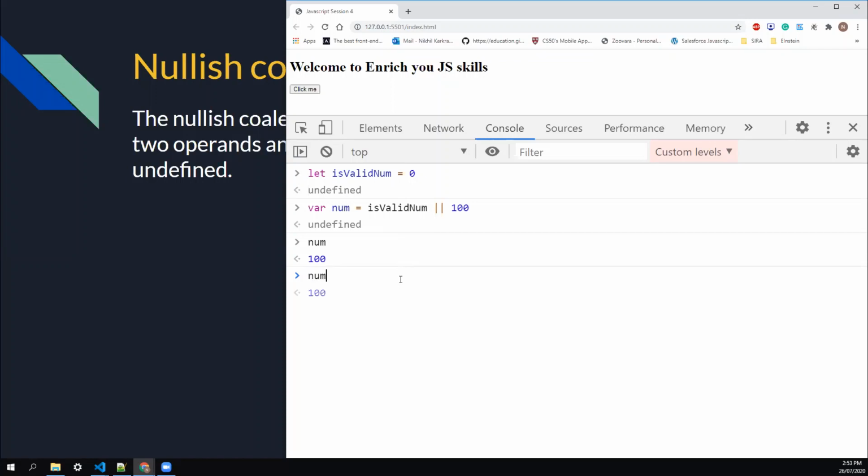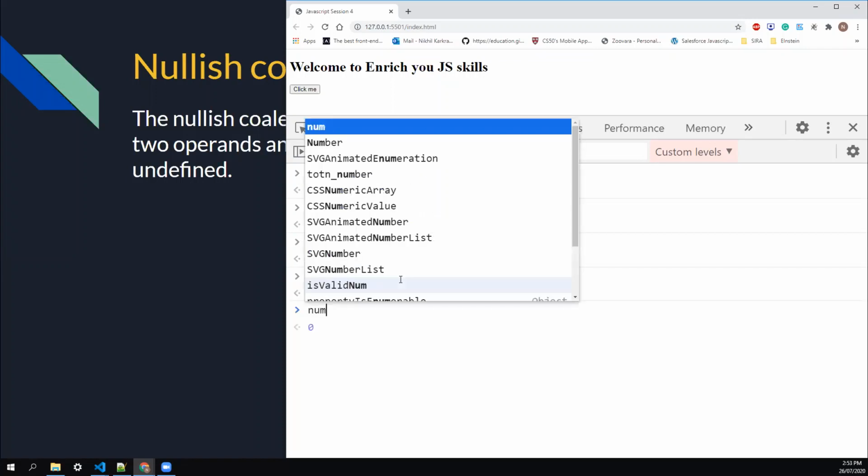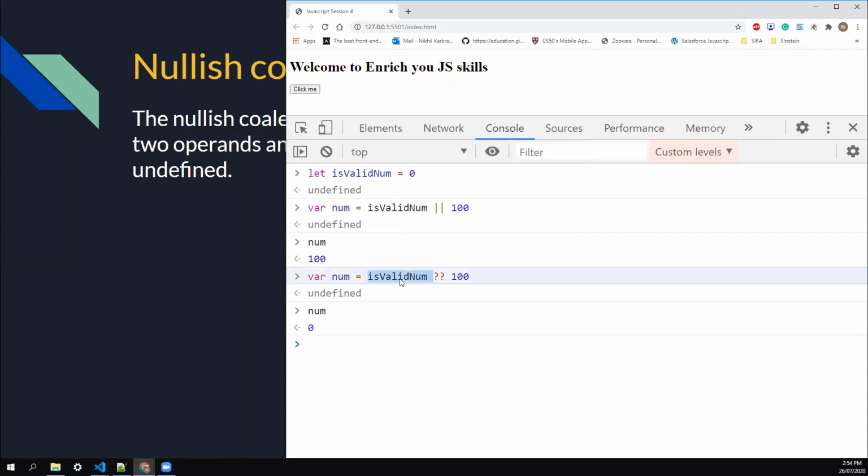some logical errors. To save this problem, they come up with a nullish operator, and that takes the defined value, actually not the truthy value. If a defined value is available in the variable, it takes that value, and this is how it works. So to solve this issue with the mathematical calculation, especially, we introduce this nullish operator. So it achieves everything that OR operator does apart from these mathematical calculation errors.